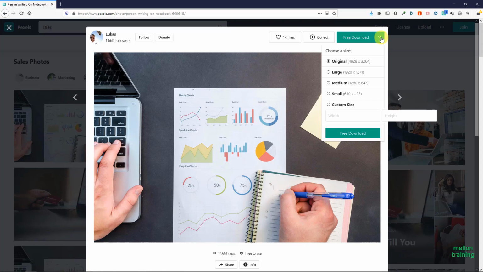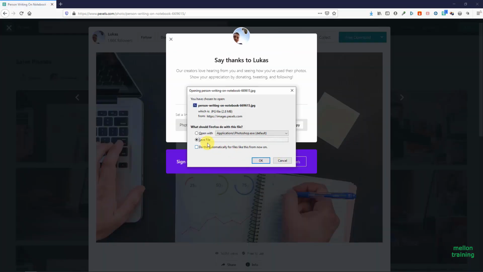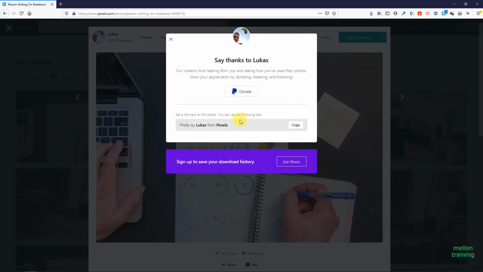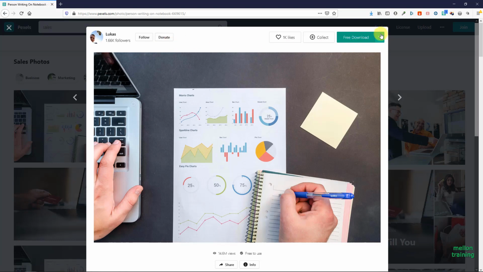Keep in mind that we want a large dimension of the image because when we set it as the background in Excel later, the dimensions of the image determine if the image will fill out the whole background perfectly or it will be repeated.